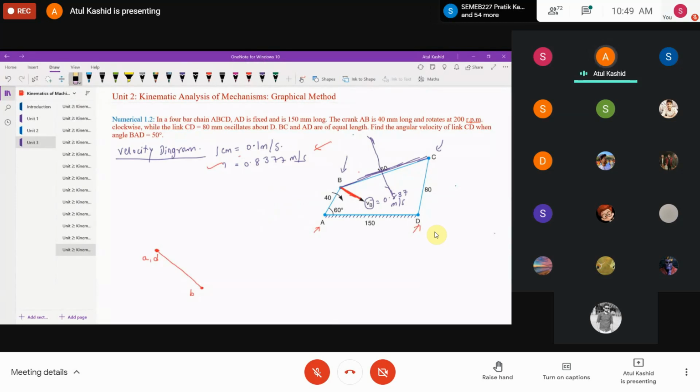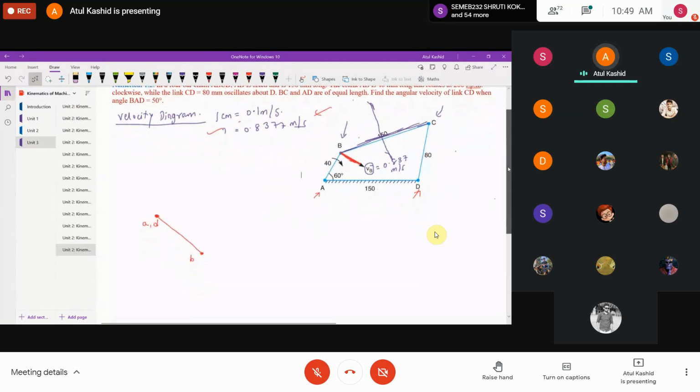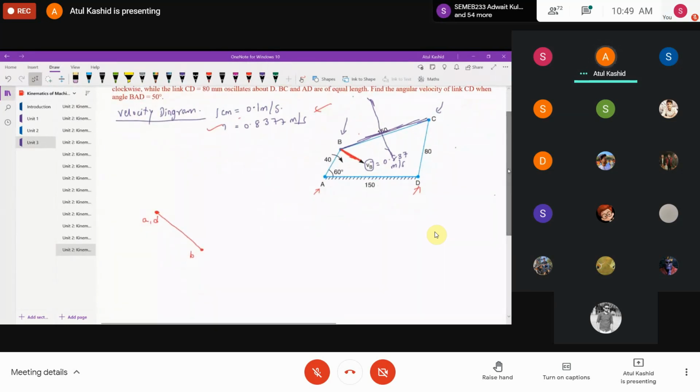So what I will do, I will just scroll down. Please tell me if it is not visible. I'm going a little bit down. Okay. Now, what we'll do, I will draw a line which is parallel to this line, right? And it will be passing from the point B like this. So it will be somewhat like this.